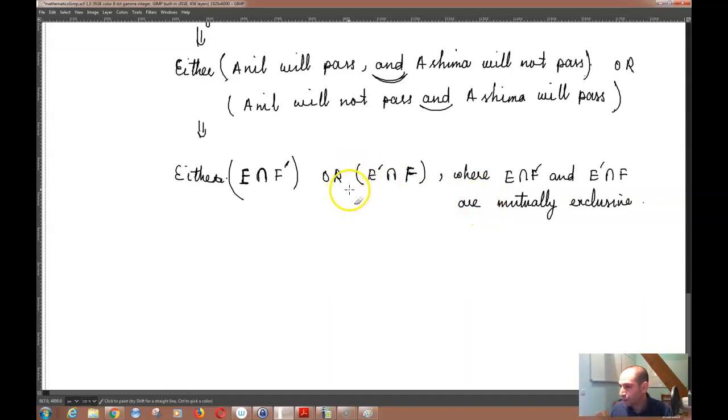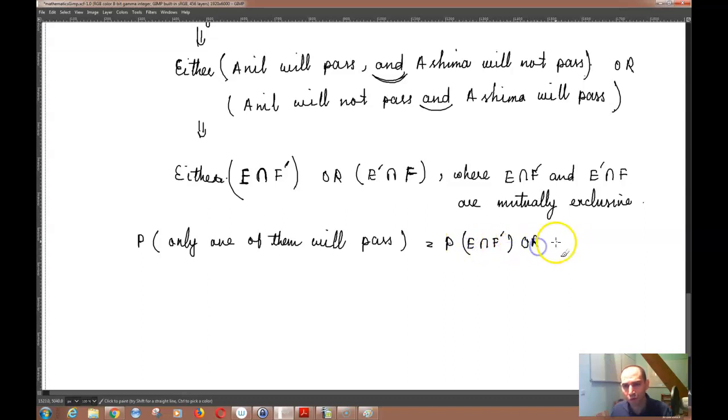And so therefore you can say that P of only one of them will pass is the same thing as P of E intersection F prime or E prime intersection F. You're calculating the probability of this, which is the same thing as, since you're using or, you can write this as P of, for example, E intersection F prime union with